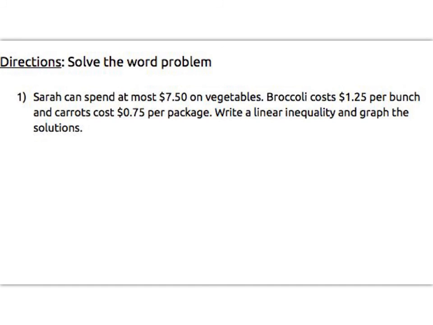So for our final problem, we have a word problem. And it says, Sarah can spend at most $7.50 on vegetables. Broccoli costs $1.25 per bunch, and carrots cost 75 cents per package. Write a linear inequality and graph the solutions. So first, you'd want to write